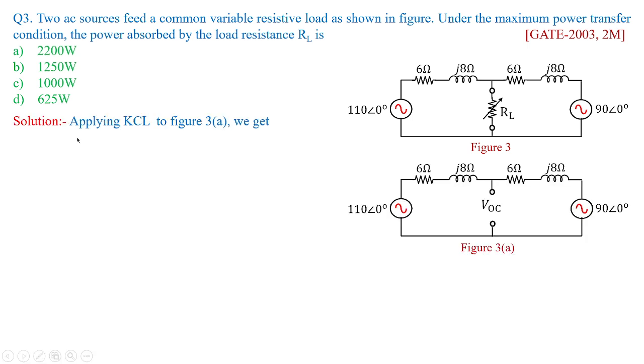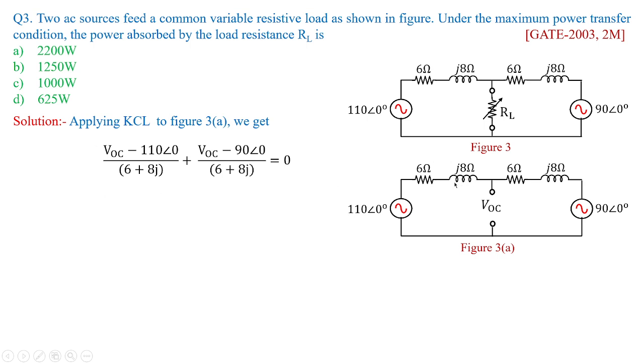First, I am going to apply KCL to the figure 3a as shown here. So we have removed RL from the given terminal. Now VOC we need to find out here. You can apply mesh analysis or node analysis to get the value of VOC. Since in the previous problems we have seen the mesh analysis approach, now we are going to see the node analysis approach. So here I am going to assume the node as VOC, and that node voltage minus 110 at an angle 0, divided by 6 plus j8,